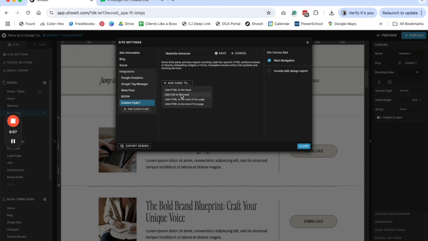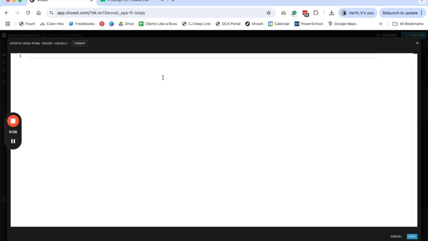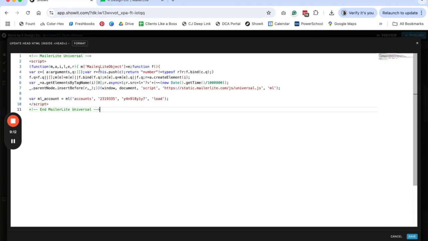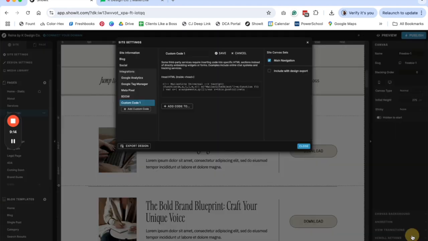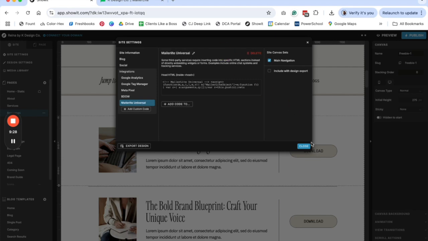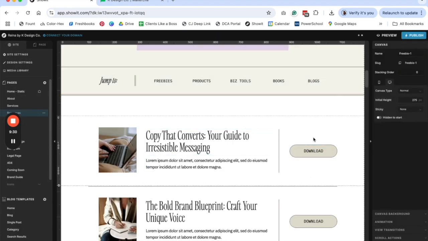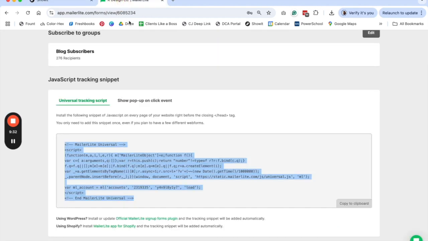So once you have clicked head HTML, then you're going to paste that universal code inside of your, and then you're going to rename, sorry, it took away my name, Mailerlite Universal. Okay, so we have that, save and close. Okay, so now that we have the universal code set, what you're going to do is go over here to